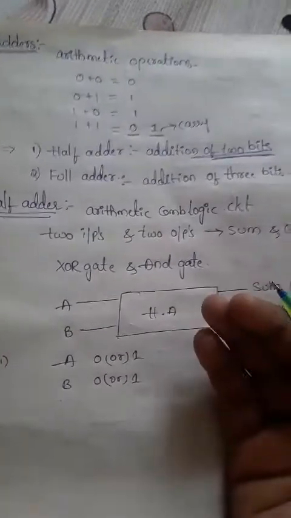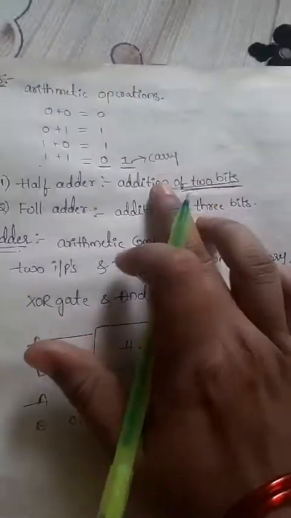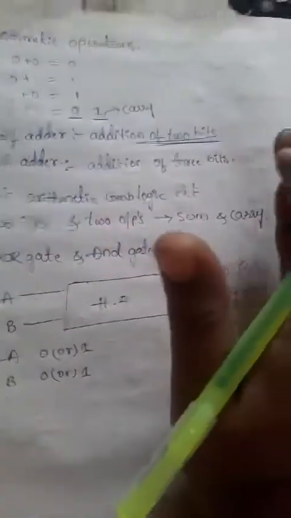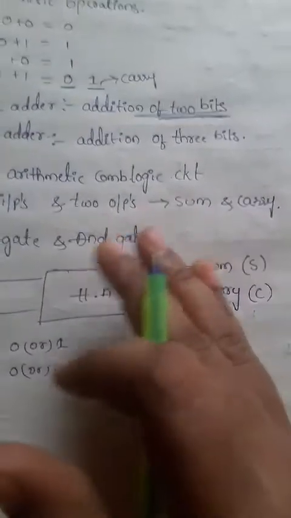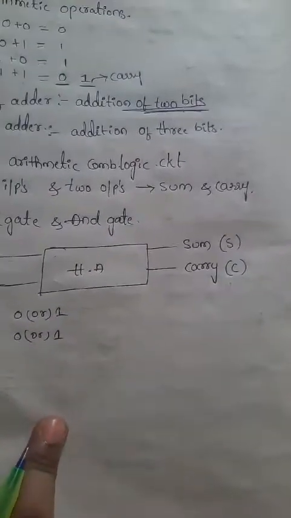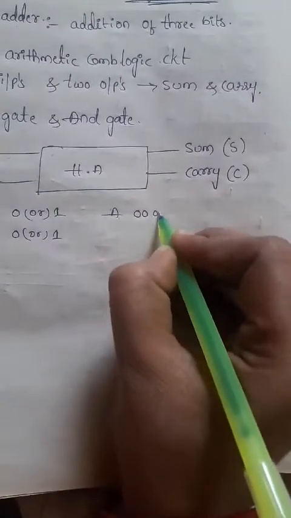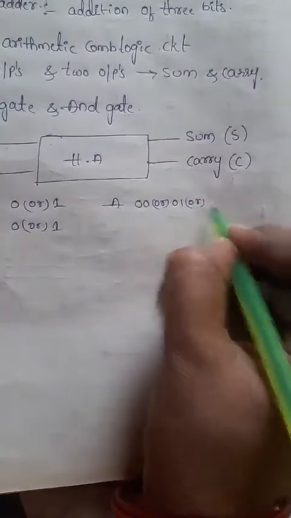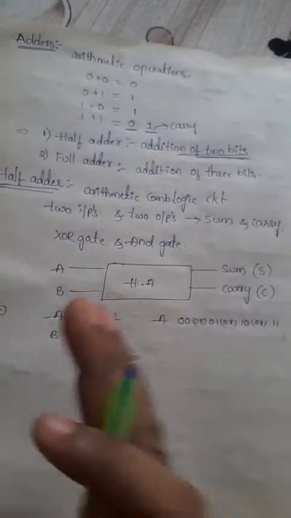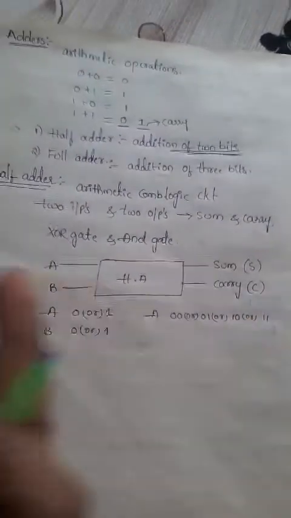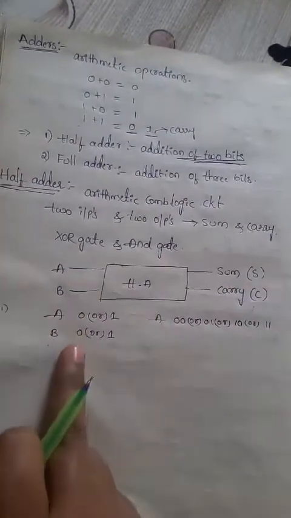Suppose a half adder consists of the addition of two bits. How do we represent that? A single bit means the number contains only a single digit. For example, 2-bit numbers mean that A consists of either 00, 01, 10, or 11. So for a single variable, a 2-bit number consists of two digits like this, while a single variable consisting of a single bit is just like this.